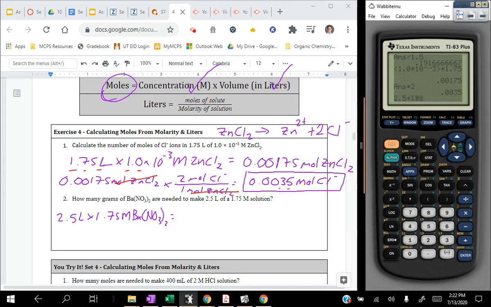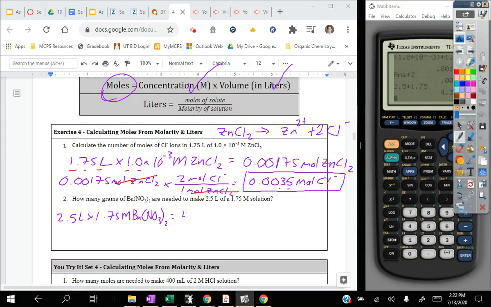2.5 times 1.75, and that's 4.375 moles. Now, if I have my moles, I can figure out my grams by converting moles to grams. This work can be implicit, meaning that you set up 2.5 times 1.75 times whatever the molar mass of barium nitrate is. You can do it as one long step, or you can show each part in between, as